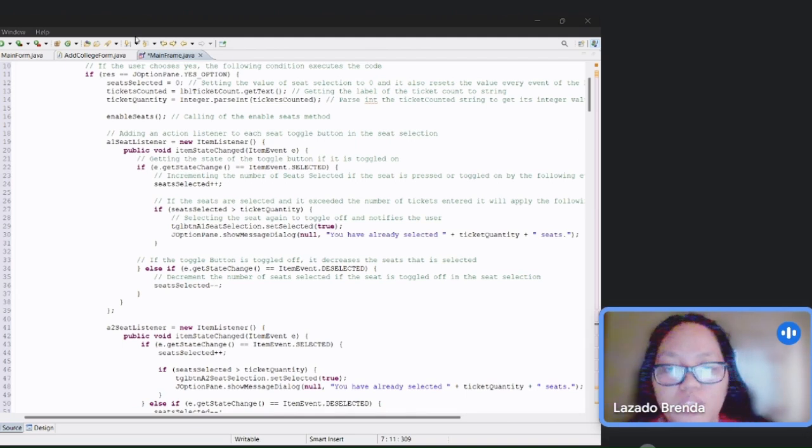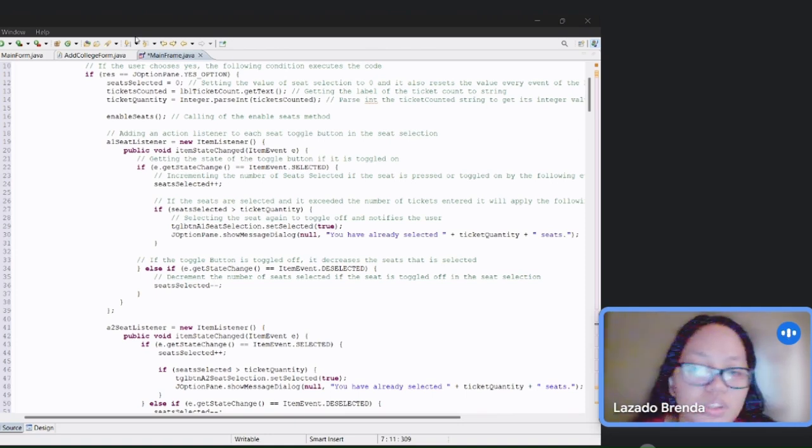Item listeners for seat toggle buttons. Multiple item listeners, A1 seat listener, A2 seat listener, up to C8 seat listener, are added to each seat's toggle button. These listeners manage the selection and deselection of seats. Selection logic. When a button is toggled on, item event selected, seat selected is incremented.